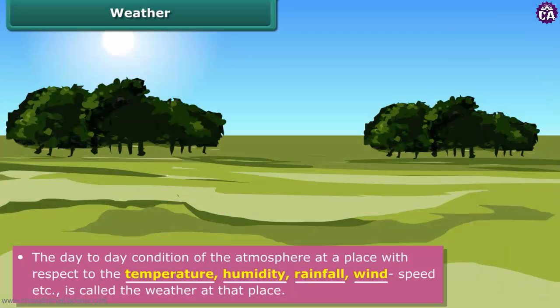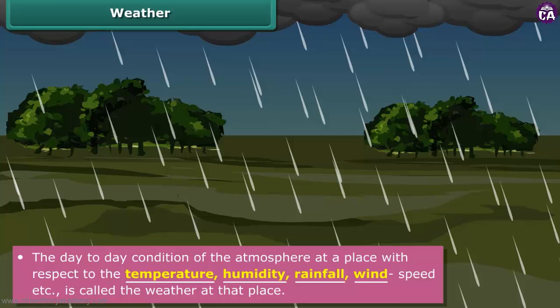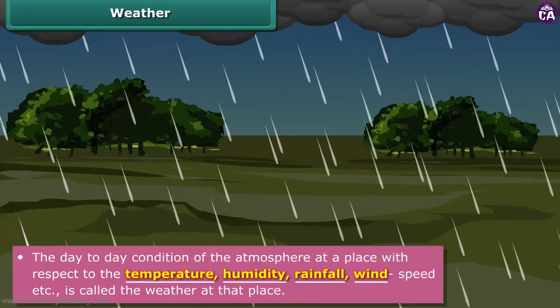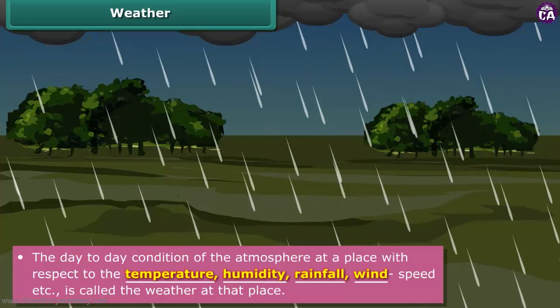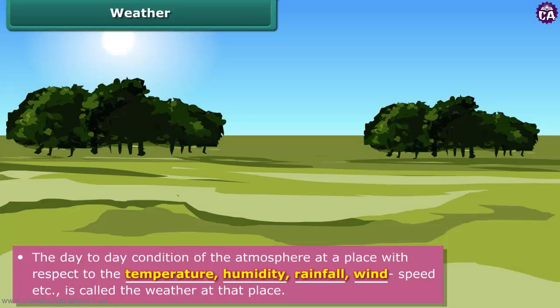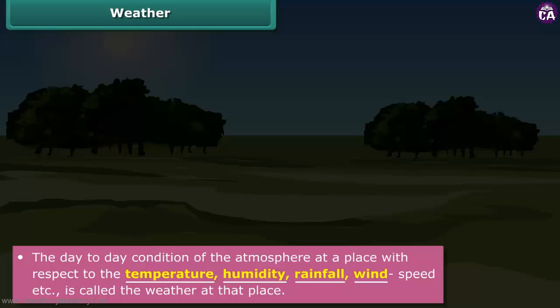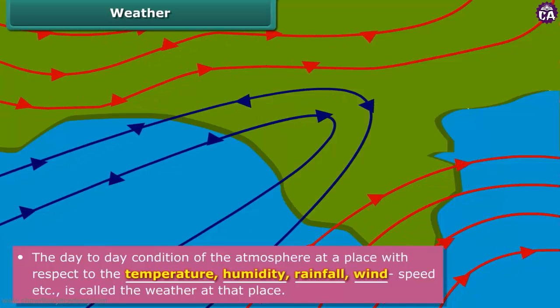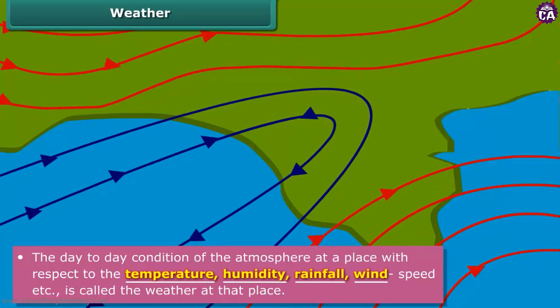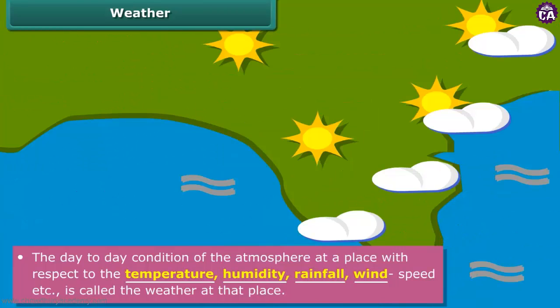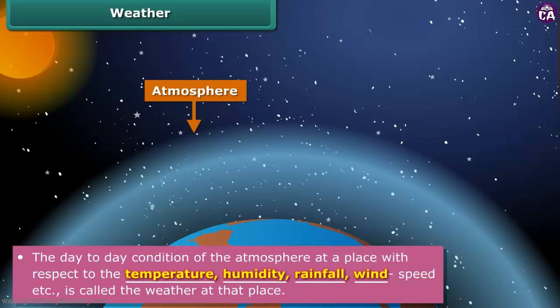You might have come across the situation that a sunny morning suddenly changes to a cloudy day and it starts raining heavily. Or heavy rain vanishes within few minutes and gives way to bright sunshine. This is called change in weather. The temperature, humidity, rainfall, wind, and other factors are called the elements of weather. The weather of a place depends on these factors.